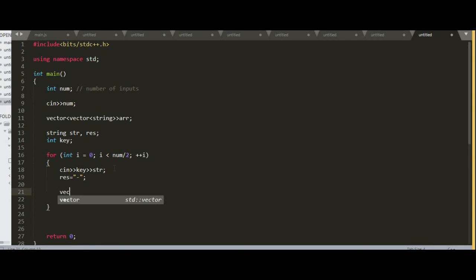And what we would be doing is pushing the string, that is raise, to the ith index or the given key value pair index.